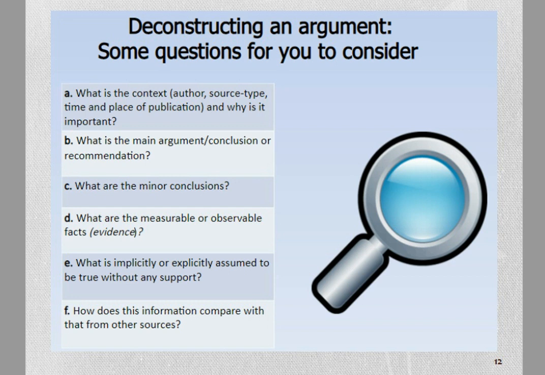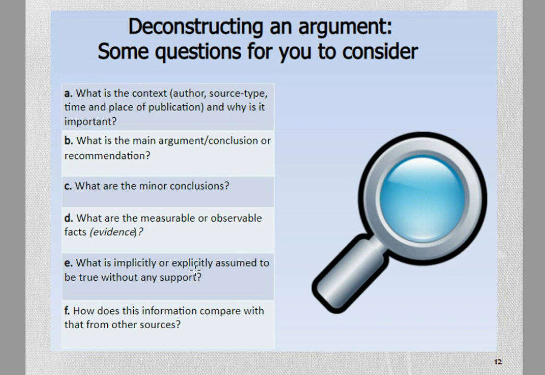Some questions for you to consider when you have an argument. What is the context? It means you ask about the author, place, and timing. What is the main argument or the conclusion or recommendation? What are the minor conclusions? The conclusions that you find less important than the major one. And what are the measurable or observable facts? There should be a fact or facts you have to keep, and what is implicitly or explicitly